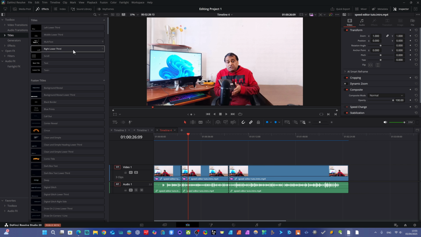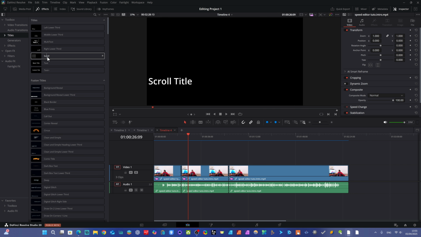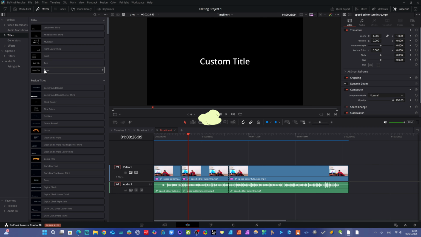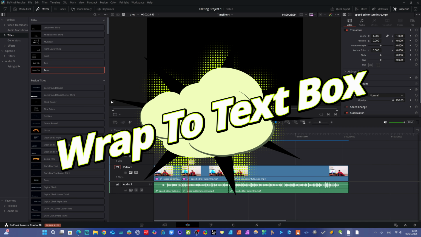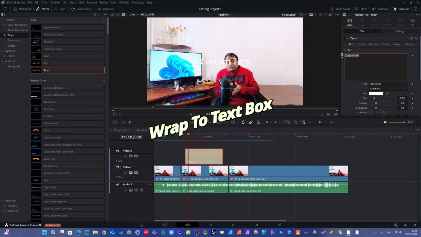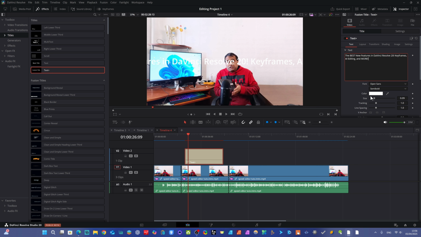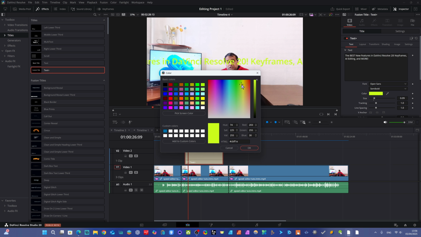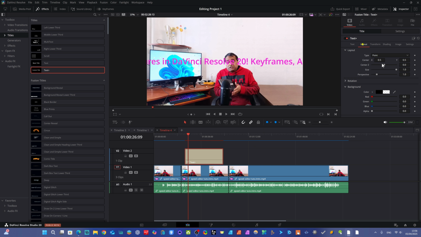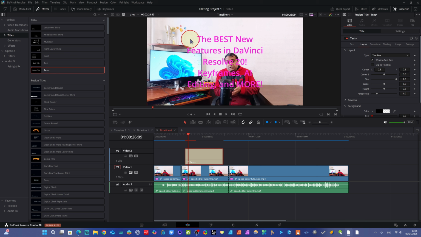There is a new cool feature, the text wrap feature. Actually, let's see how it works. For example, we take this custom title and place it here. Now I want to write several texts here. For example, I have this text, you can see, and we can change the color from here directly. Let's see, come here to layout. You see here in layout, you will find this point. Here you can click, this is actually a new feature, text box, and in text box you see here wrap to text box. So you see, it has wrapped our text box and arranged it.